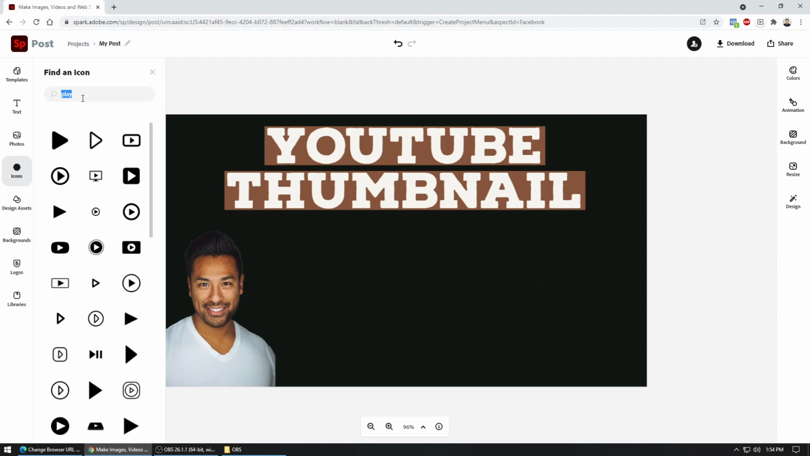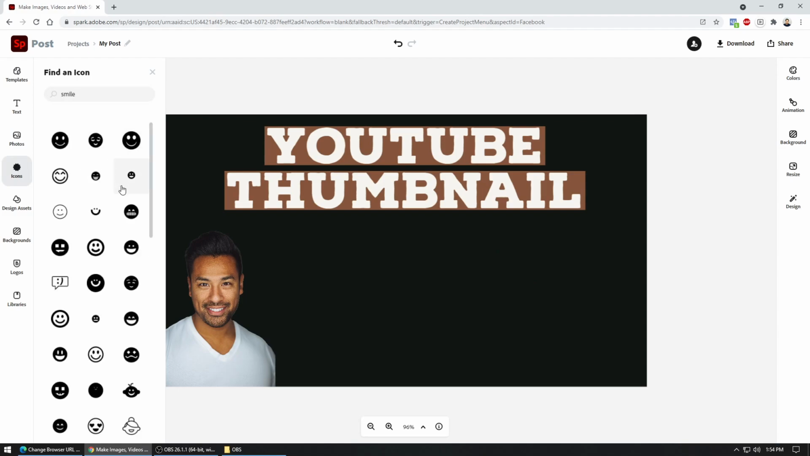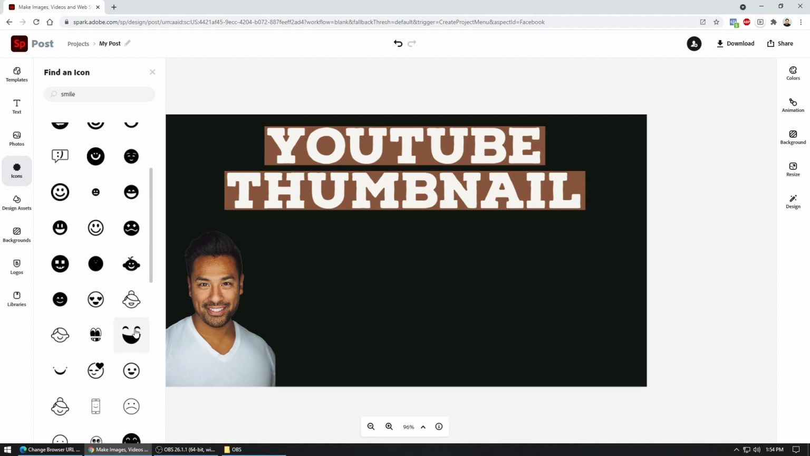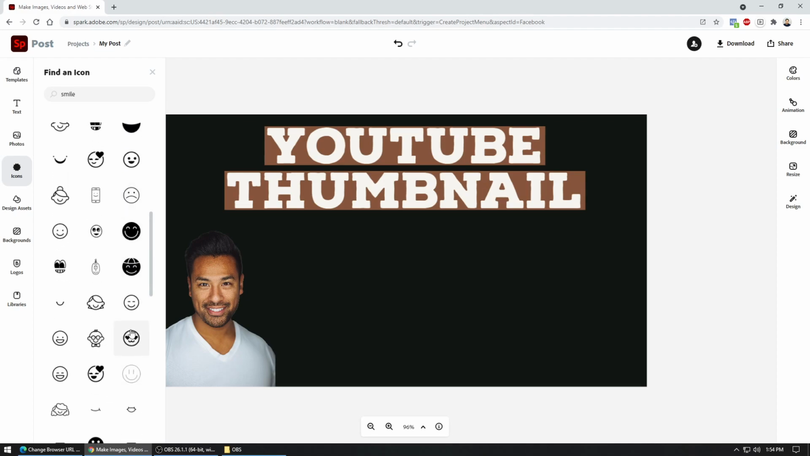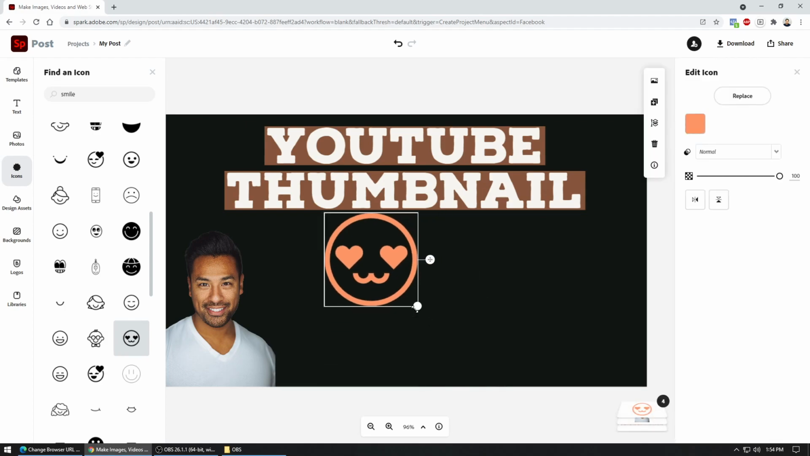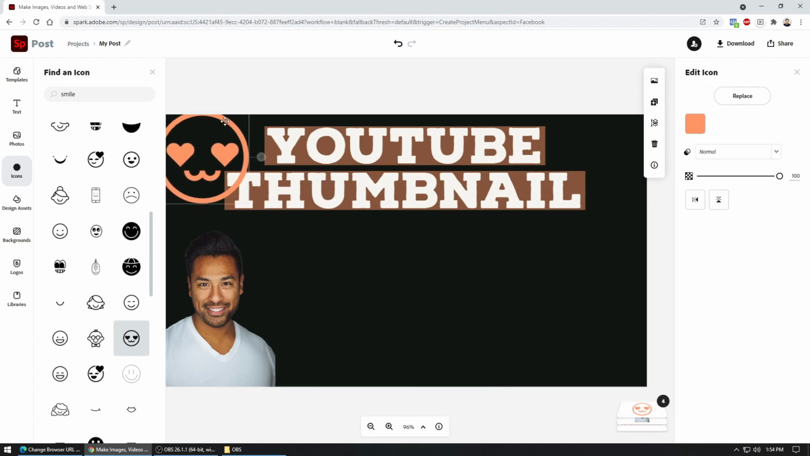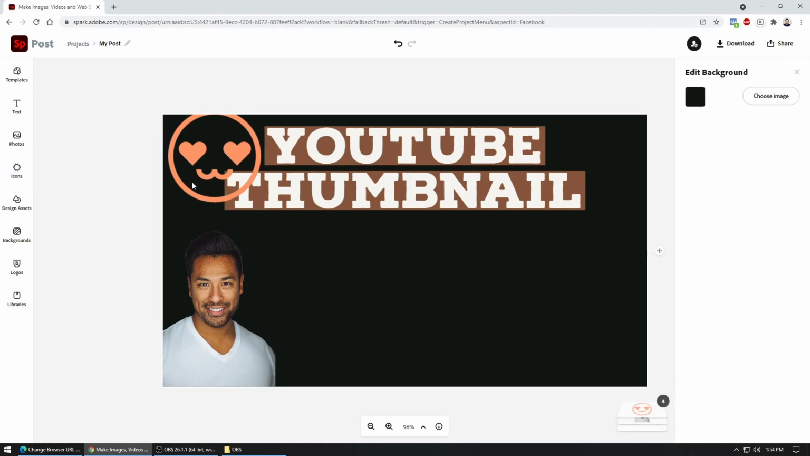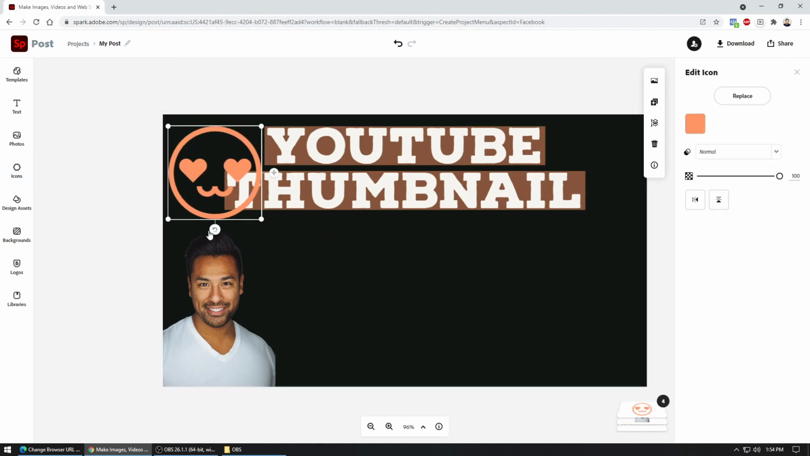I'm going to add an emoji, call it smile. I'll add the, let's add this one. And then this particular element, I'm just going to go over here and then add it onto the corner. And then while this is selected, I can rotate it like this way or any which way. I'll just do this